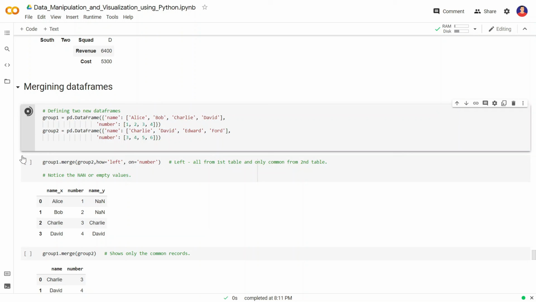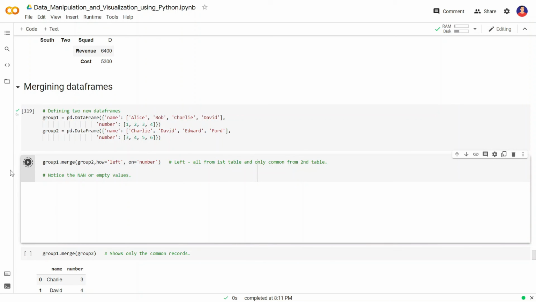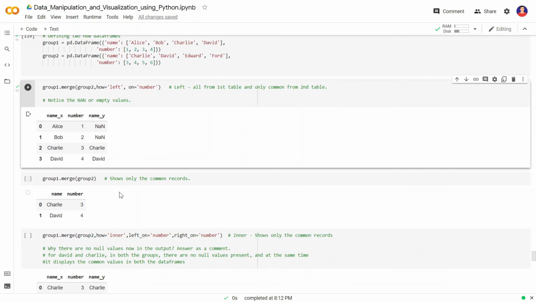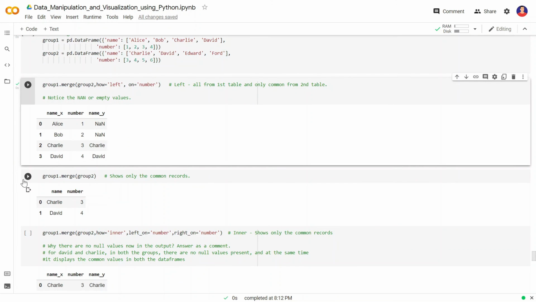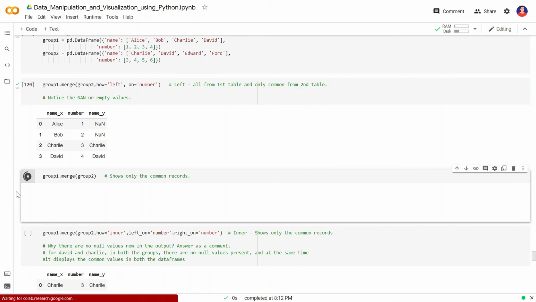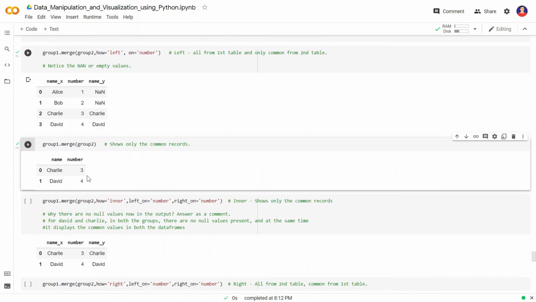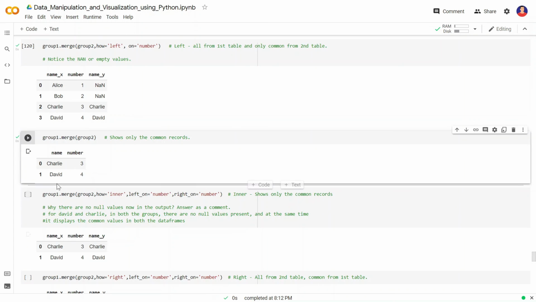So let's run it, and there we can see that some of the values are null or NaN here. So we can simply use the merge function here, and it will only get the common values, that is group1 merge group2 will return only the common records from both the data frames.